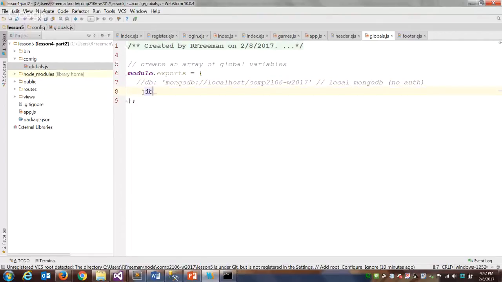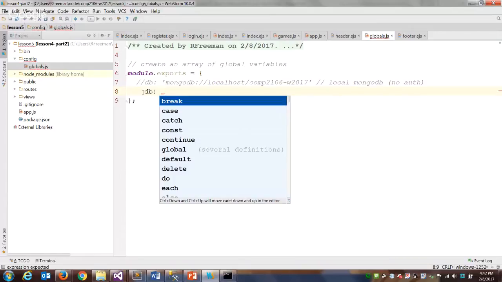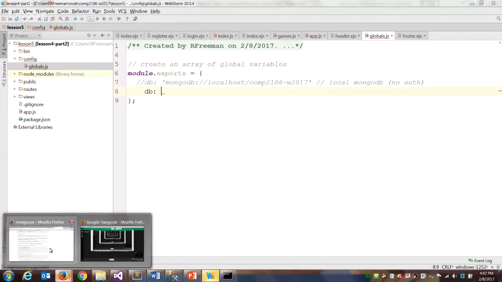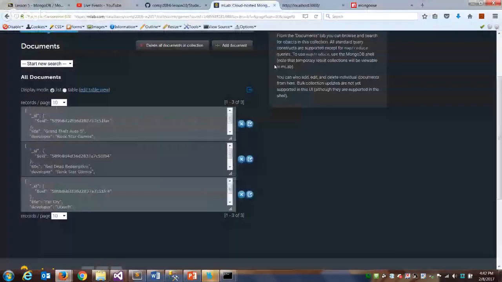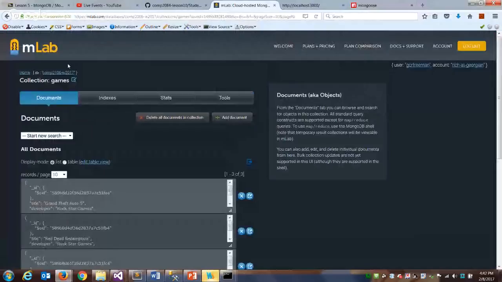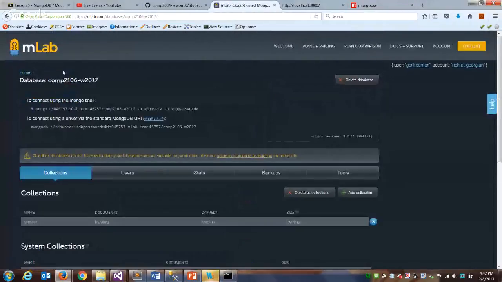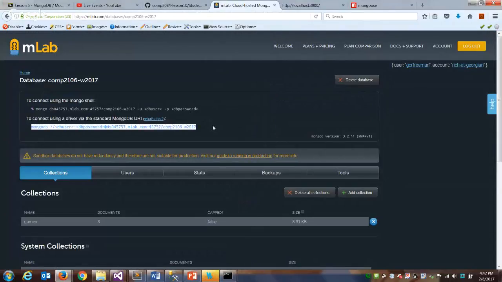If you want to use mLab, in db:, I'll come back to this. Let's go back to mLab. Scroll up. If we click on the name of our database here at the top, kind of right under the logo, it gives you the connection string right here to connect using a driver via the standard MongoDB URI. So right here, where I've highlighted in white, highlight that and copy it. And then paste that into